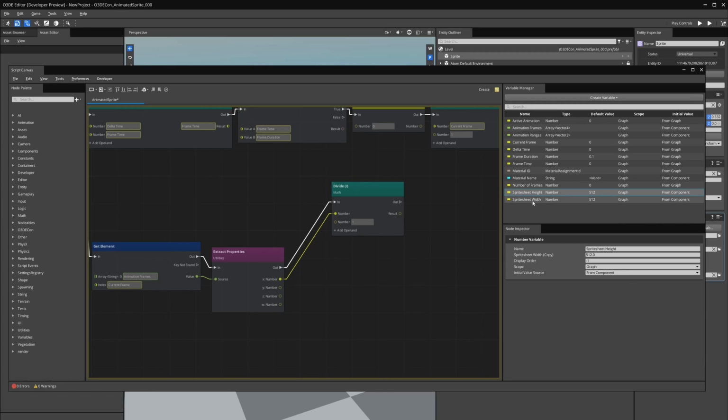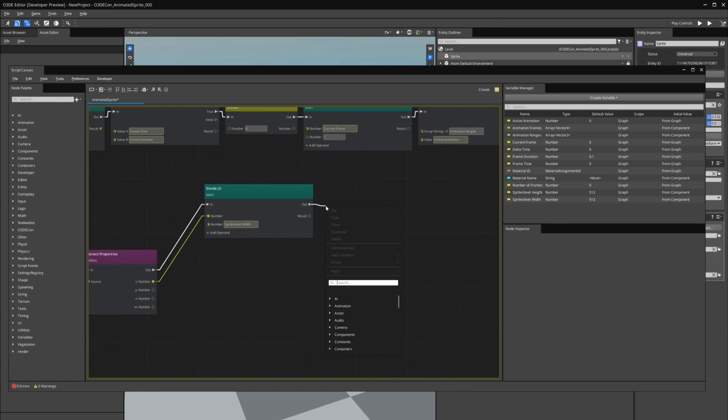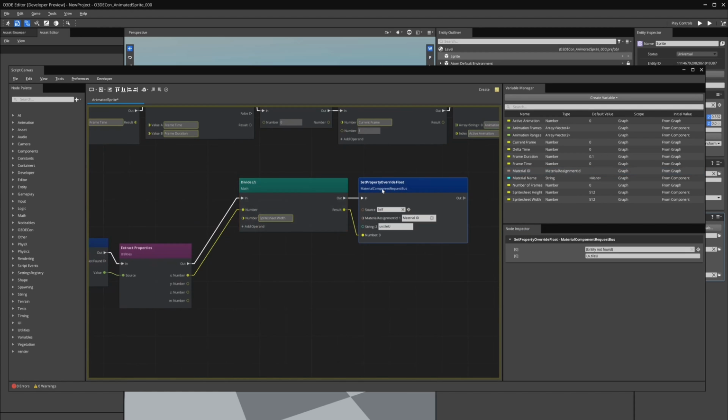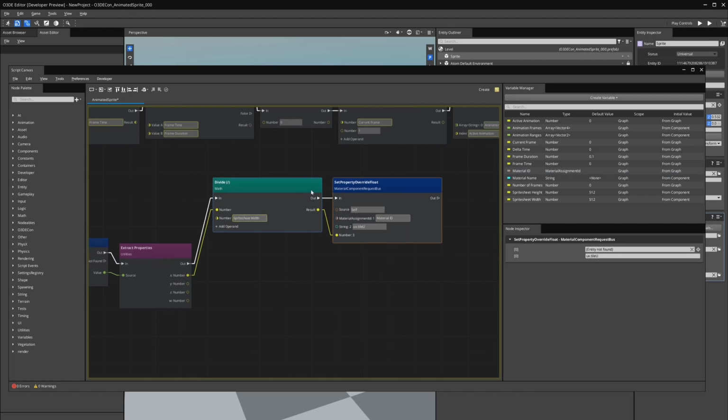Remember that by being from component, we will be able to override those values later to match the actual sprite sheet size. So now that we've divided, this gives us a normalized value on the sprite sheet itself, which we can use to set a property override float on the material. And we will override the uv.tileu parameter. And we need to assign the material assignment ID so that it knows to which material it needs to override. And now we're going to do the same for the rest of the parameters that we want to